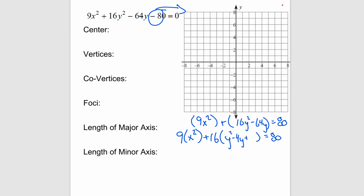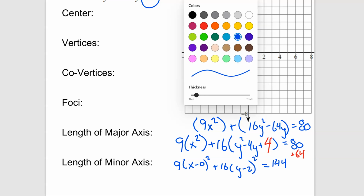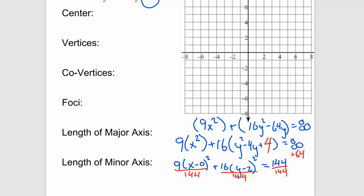Okay, I think we can complete the square here. Half of -4 is -2. -2 squared is 4. But we really have 16 times 4, which is 64, right? Which means we really have 9 times x minus 0 squared, and this would be y minus 2 quantity squared, equals 144. Well, on all these conics, again, we've got to get it equal to 1, so we're going to divide by 144 here. And that leaves us with, I'm going to write it off on the left-hand side here,